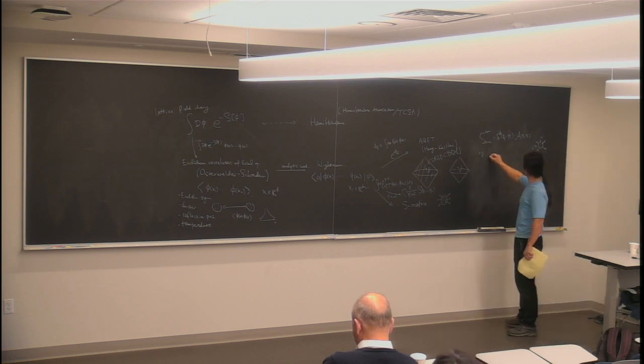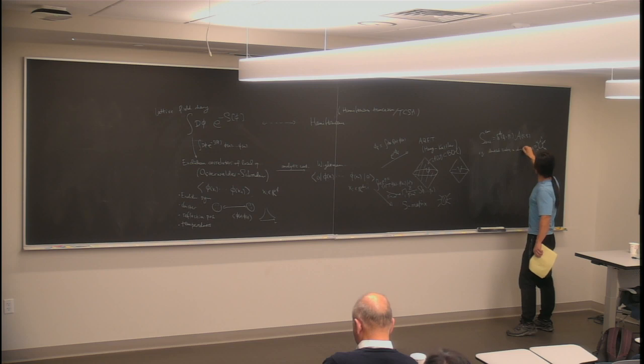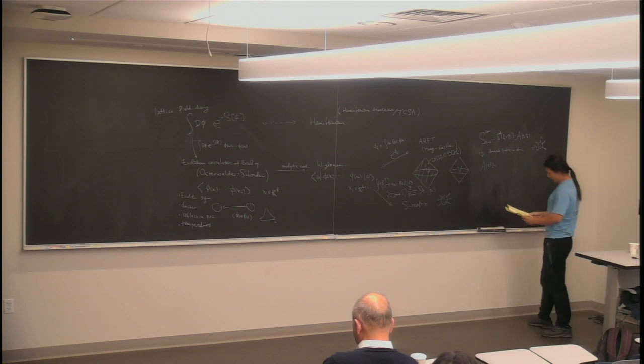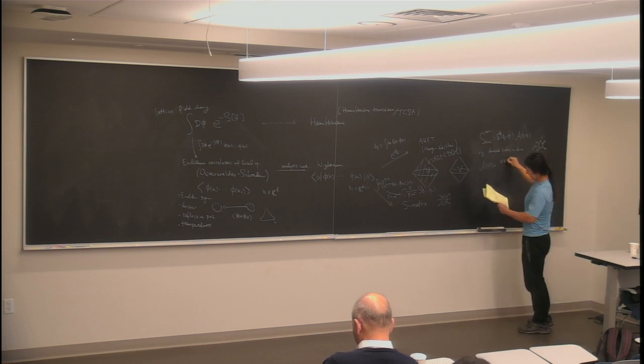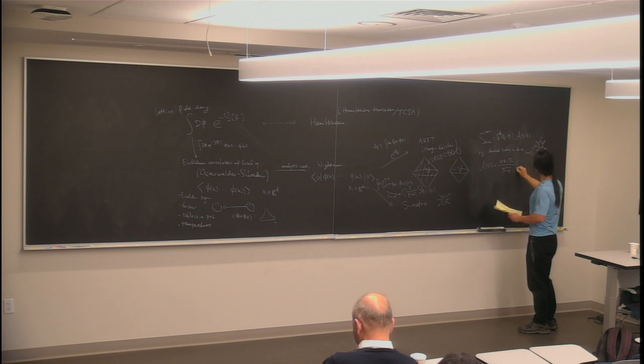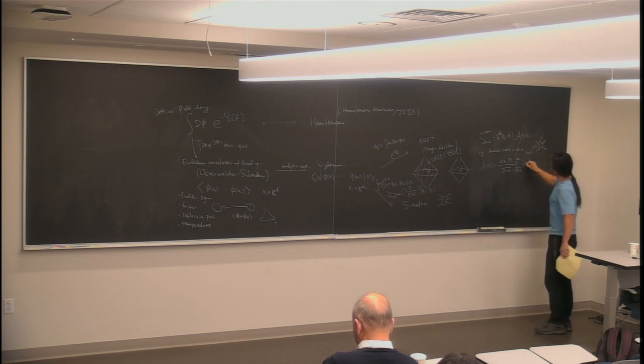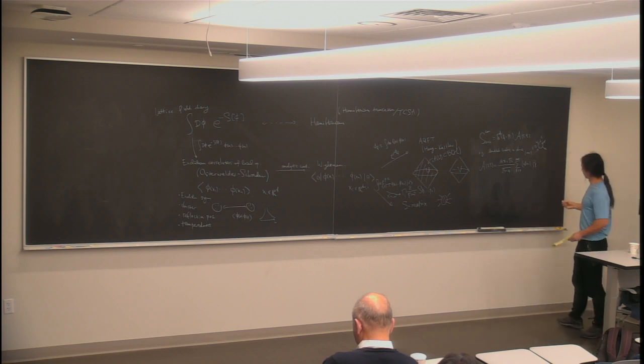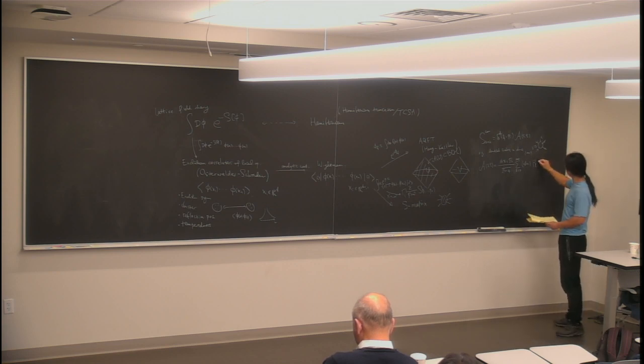So for example, if you consider identical scalar particles in 4 dimensions, then you can expand this amplitude in a partial wave expansion that looks something like this, working in units where the mass of the particles is set to 1. There's some formula for the partial wave expansion, where L represents the total angular momentum of the system.